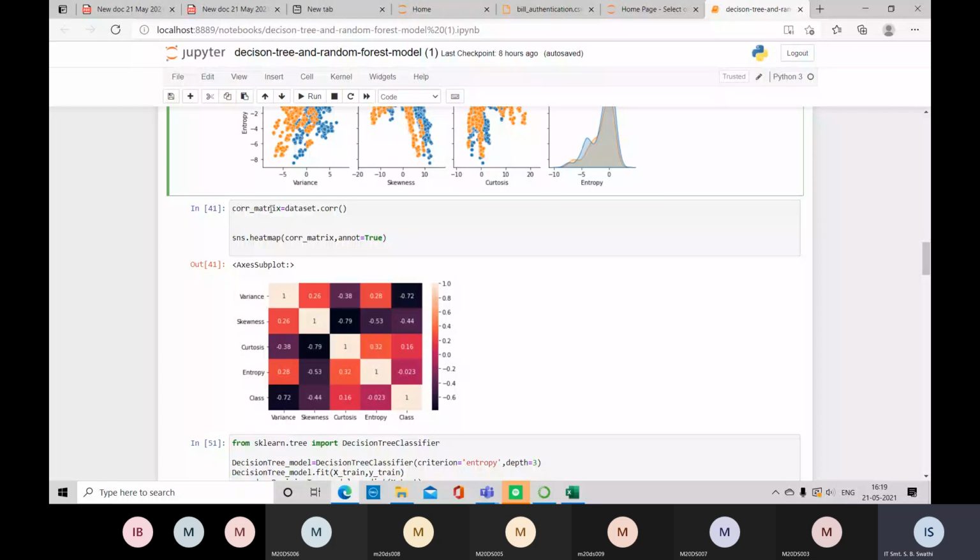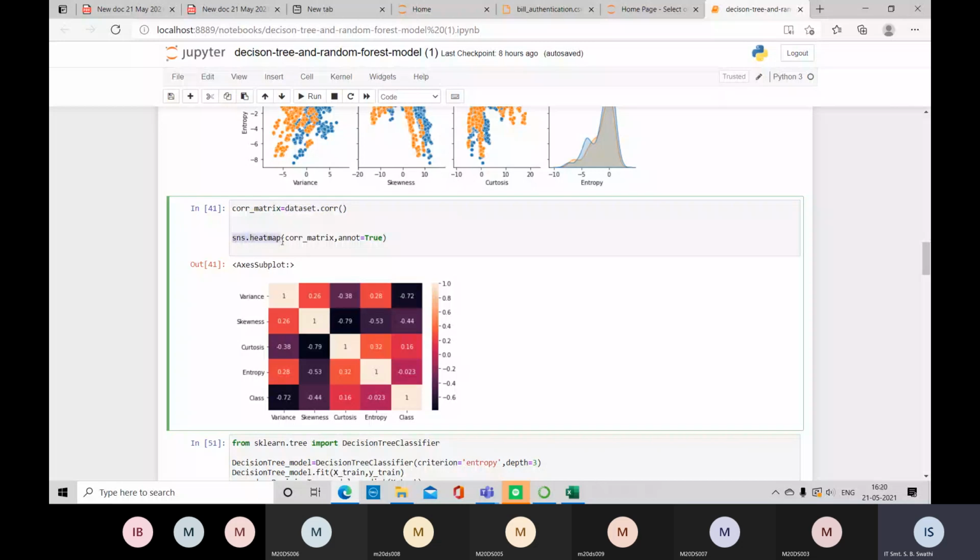So this is the syntax. Just take a variable. You can take any variable on the left side. To that variable, add this command. What is this command? Dataset, that is the file which contains the original data, .corr. This is a default command. It finds the correlation and stores it in this variable. Then pass this variable to this graph. What is that graph? Heat map graph.